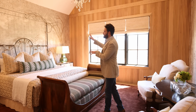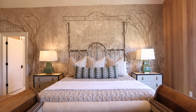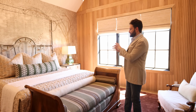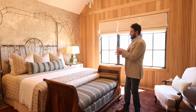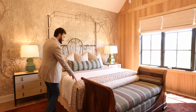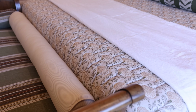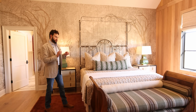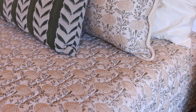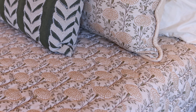The bed is antique ironwork that was welded into a bed in Fredericksburg, and this is from the antique company called Leftovers. We opted for these Lisa fine linens for the bedding. You will notice that we have this beautiful floral block print pattern, and we actually were able to have this made into a quilt. The soft finishes artist who made this strategically quilted around every single flower. So you get this beautiful quilting effect, but it also really highlights the individual designs of the florals in the